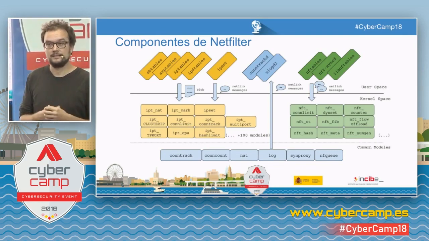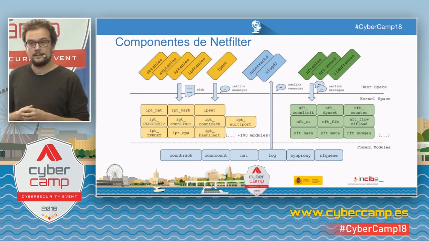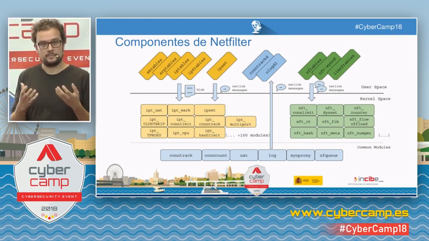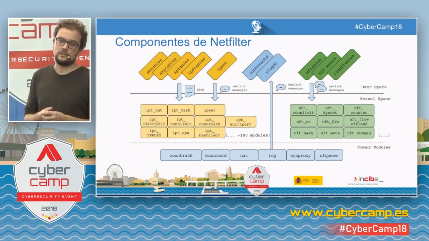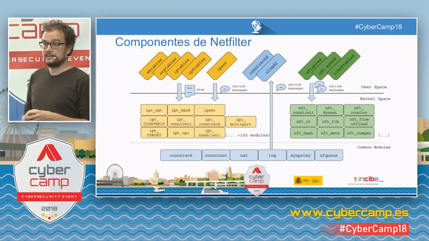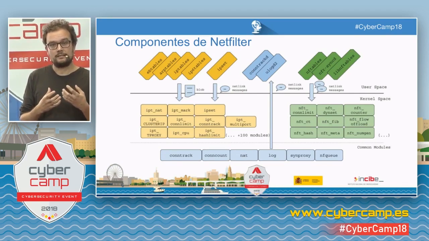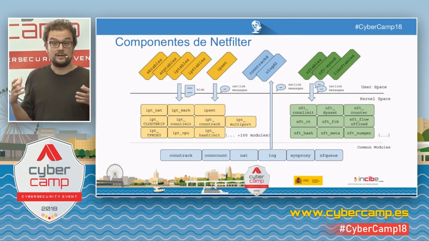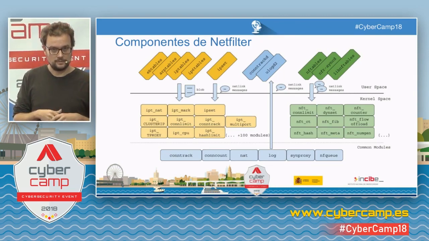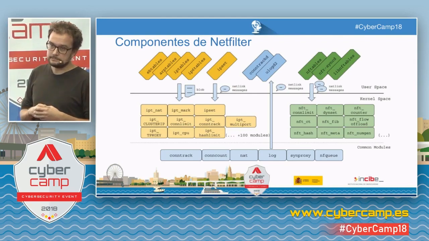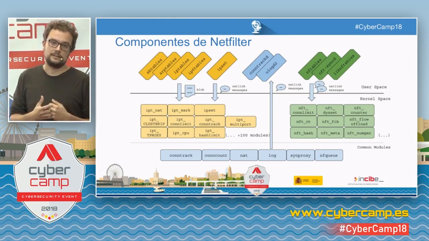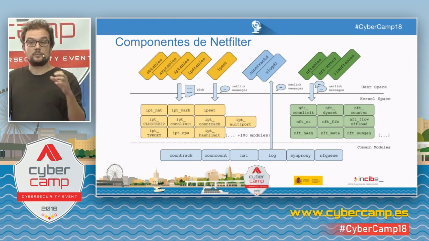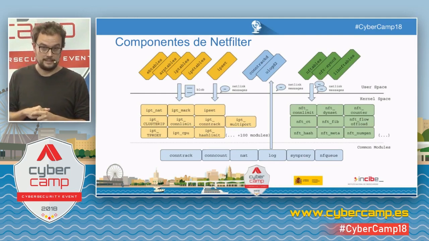iptables is fairly simple compared to nftables. nftables is like a compiler, and we will see how it allows for scripting, still very basic, but more functionalities will be added little by little. And then the scripting and compiling functionalities work with a rule-based language, which is familiar for administrators. And that language then generates a bytecode, which is expressed in the virtual machine in a format called netlink, very common in the core, in the kernel,